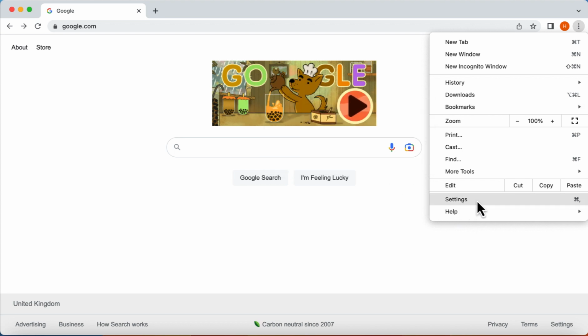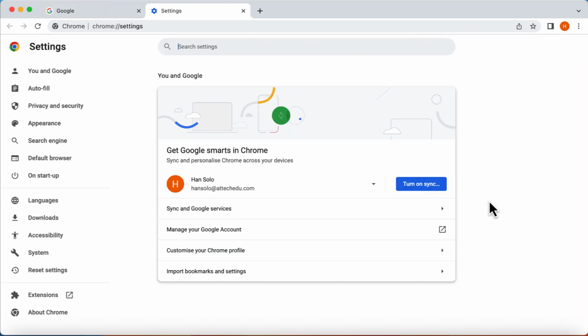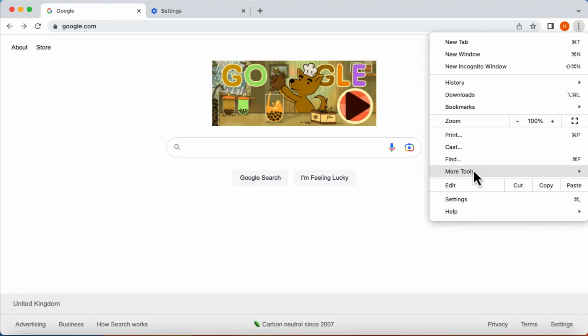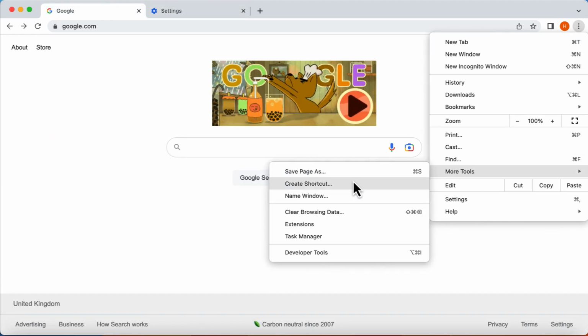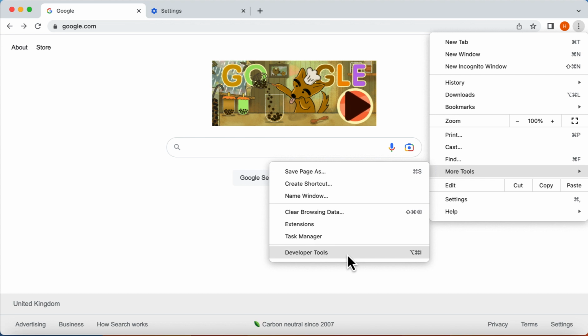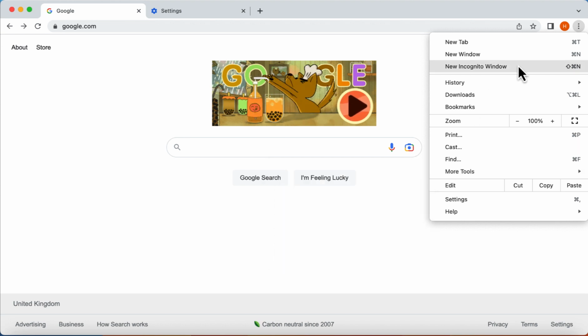You've also got your settings, so you can click on settings here, and that's going to open up your settings window so you can look at your settings for your Google account. You've also got more tools here, so taking a look at more tools, some of these will be available to you, some will not. Incognito window, if you want to do private browsing, once you close the window, nothing will